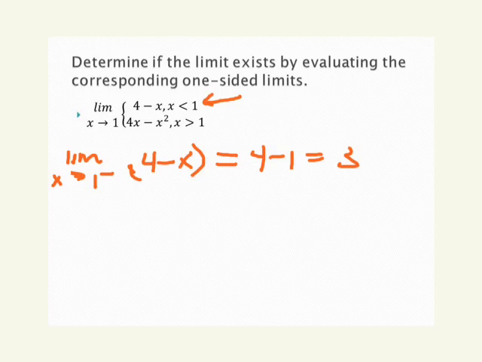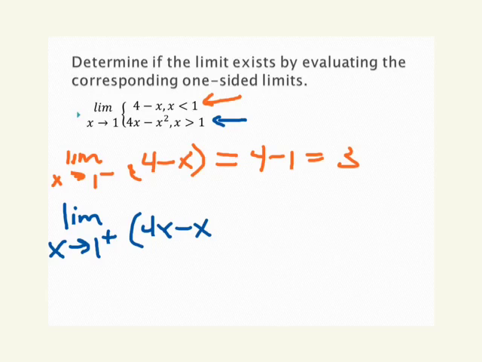Let's look at the limit from the right, and again, hopefully things will match up here. We're going to find the limit as x approaches 1 from the right side, from the positive side. Since we're coming at it from the right, we need to use the function where x is greater than 1. So now we're looking at the function 4x minus x squared. Again, we'll use direct substitution here. So we end up with 4 times the quantity 1 minus the quantity 1 squared,